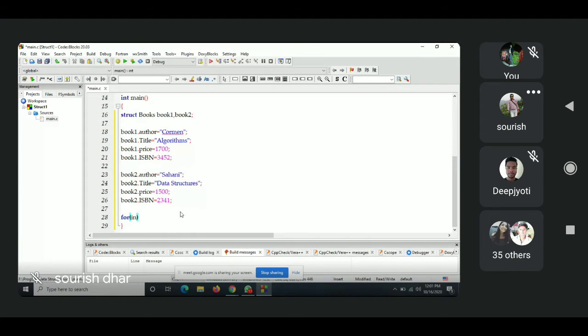For int i equal to 0, i is less than 2, i plus plus.